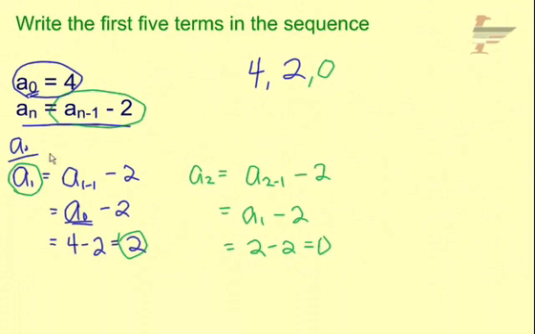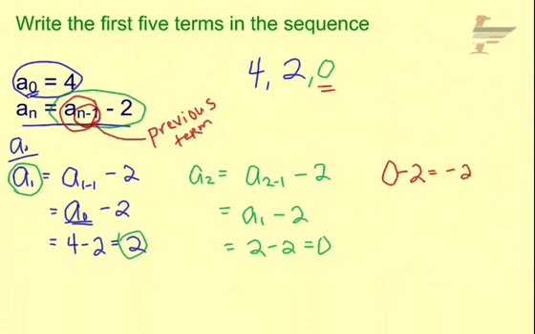So there's the math of how this looks. Anytime we see this a sub n minus 1, another way we can think about it is calling that the previous term. So what the rule is saying is take your previous term and then subtract 2, and that will give you the next one. So I know to take the previous term, which is 0, and subtract 2, which gives me a negative 2, so that's the next term. Now take the previous term, which is now a negative 2, and subtract 2, and that gives me a negative 4. So here we have the first 5 terms in this sequence